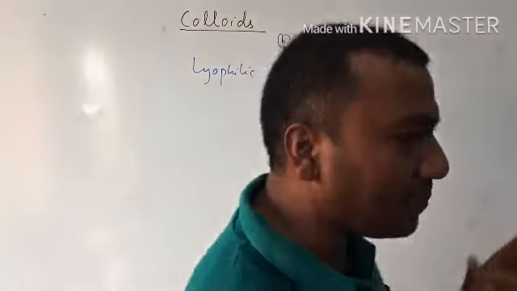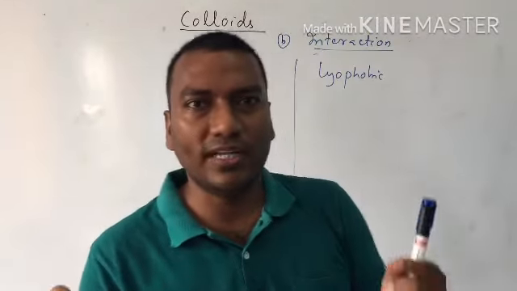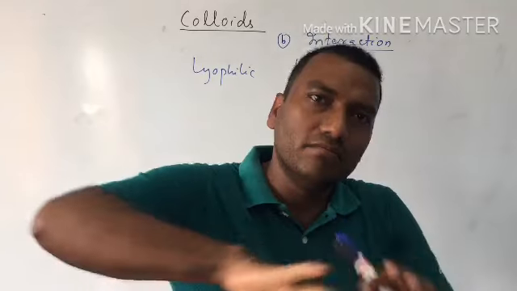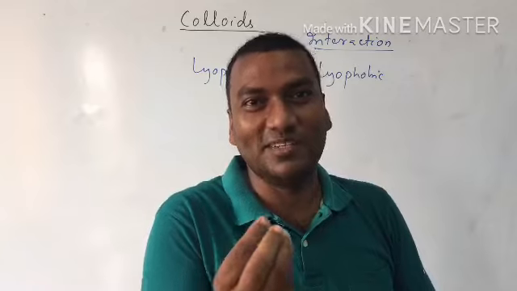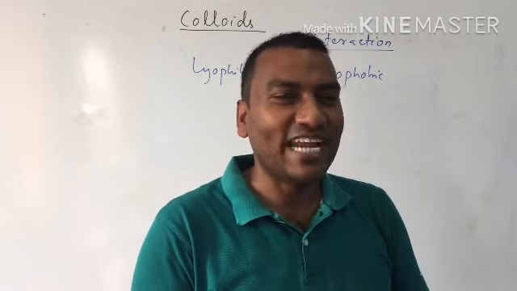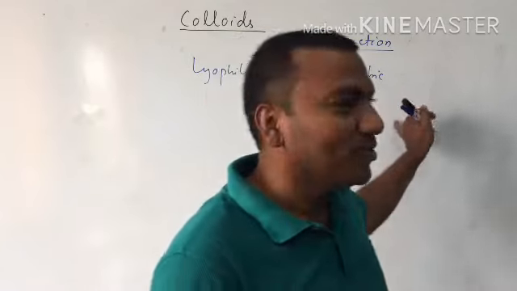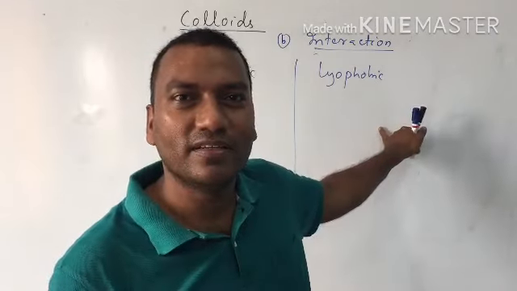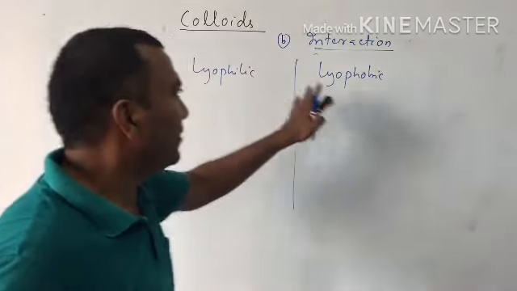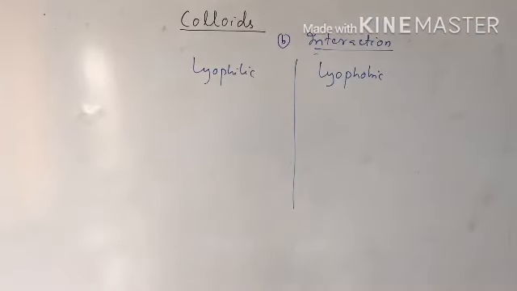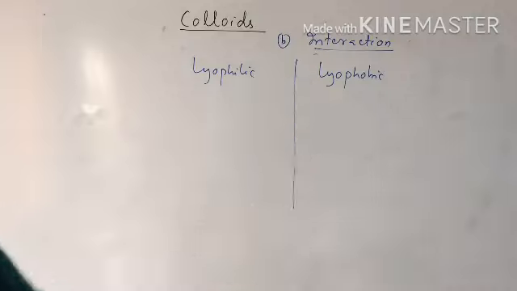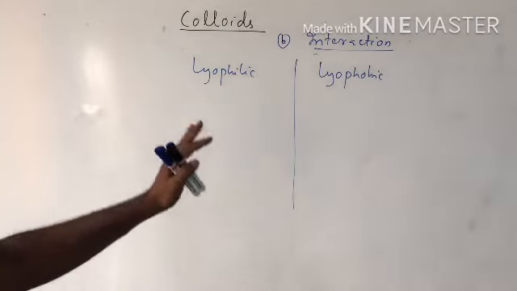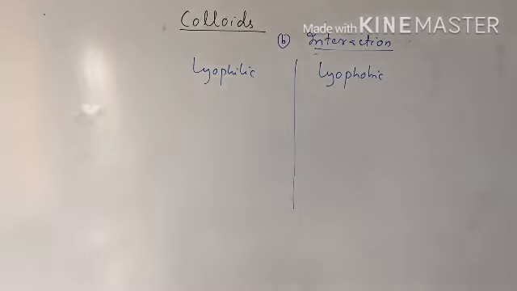Lyophilic colloids are reversible, which means we can separate easily. When we take water and egg albumin and heat it, water and egg are separated. Yes or no? Egg albumin is converted into bhujia. So we can separate it easily. For lyophobic, its preparation is very difficult and its separation is also very difficult. Clear now? Then, viscosity of lyophilic is much higher than that of the solvent, while lyophobic viscosity is similar to that of the solvent. Surface tension of lyophilic is usually low, while for lyophobic it is almost the same as that of the solvent.